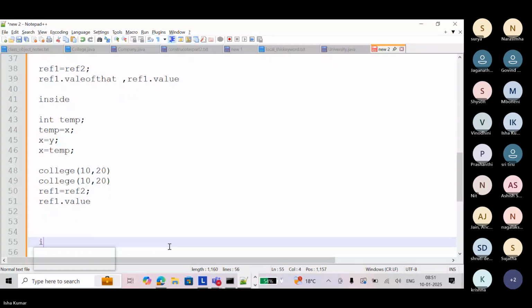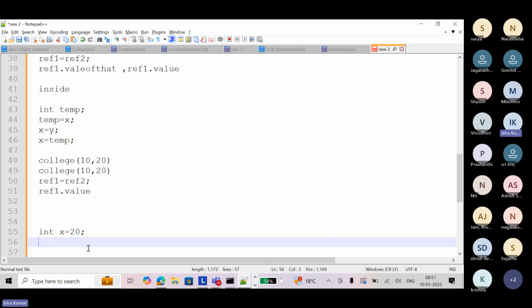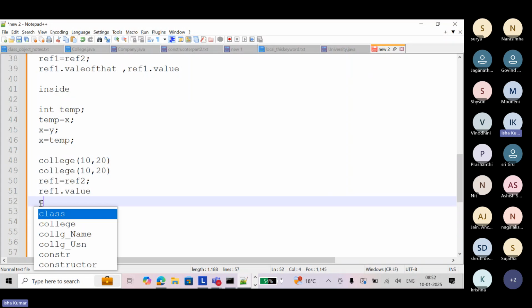Now tell me, int x equal to 20. What is the type of x? Integer. Good. Boolean b equal to true. What is the type of b? Boolean. Now I have a class